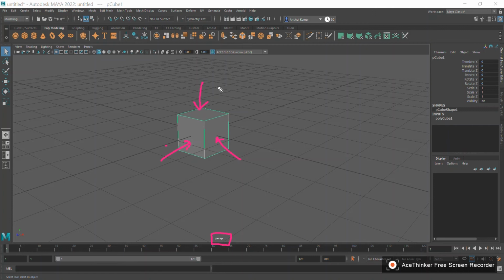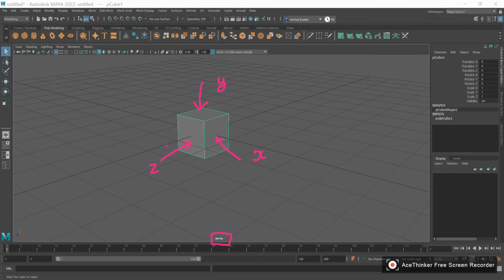Like we studied in the 3D and 2D lecture, these sides are the y-axis, the x-axis, and the z-axis. So we are in perspective view and we can see all the axes of a model. That's why this model is in perspective mode, because we can see all three sides of this model. We can see it from this side, we can see it from this side.